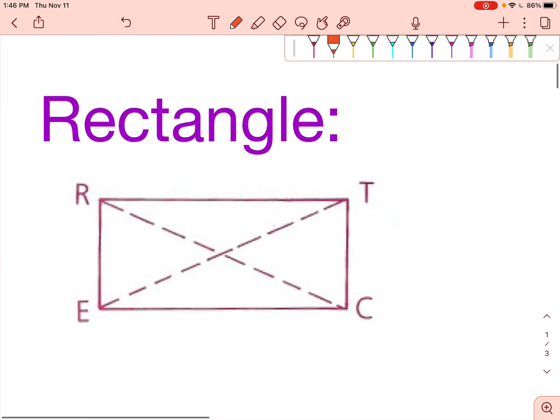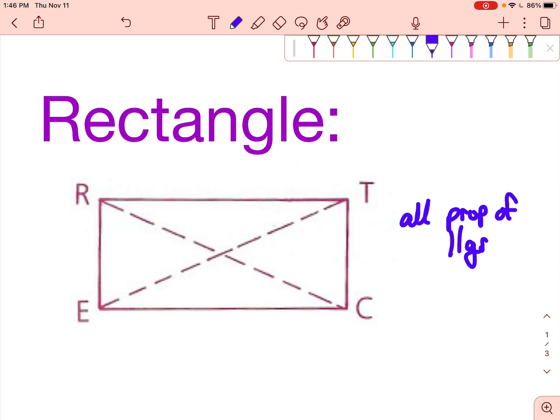Next, we're going to focus on the rectangle. So the properties of a rectangle are all the properties of the parallelogram, and that's why we started with the father figure of parallelogram. So opposite sides are parallel, opposite sides are congruent, opposite angles are congruent, consecutive angles are supplementary, the diagonals bisect each other. Okay, so all of those things hold true, plus more. Specifically,